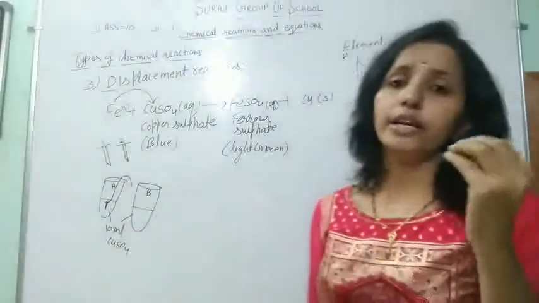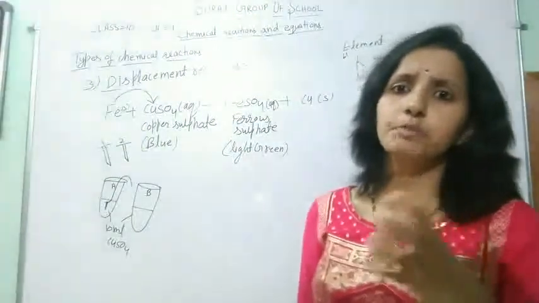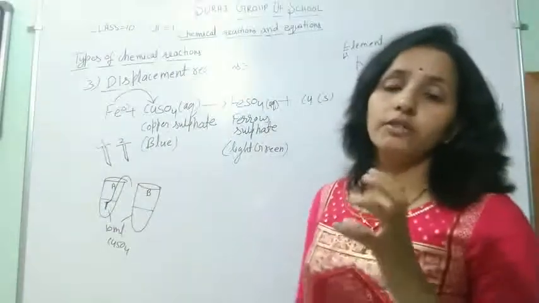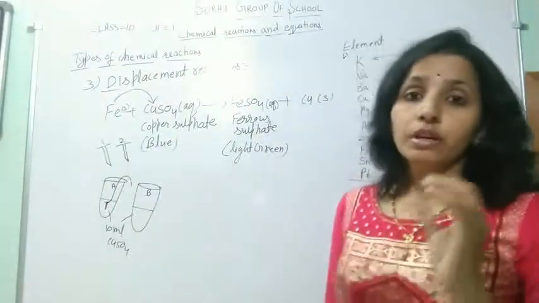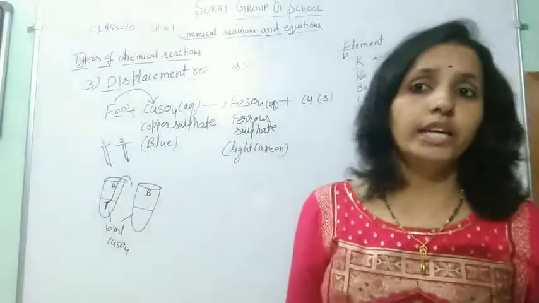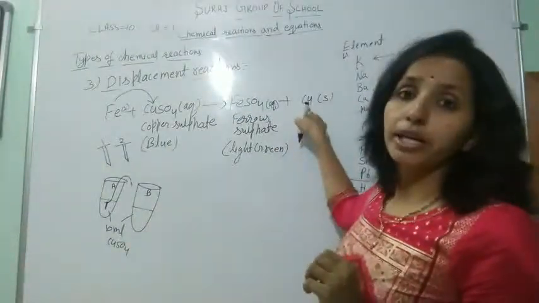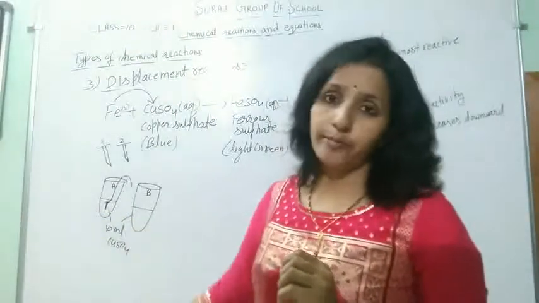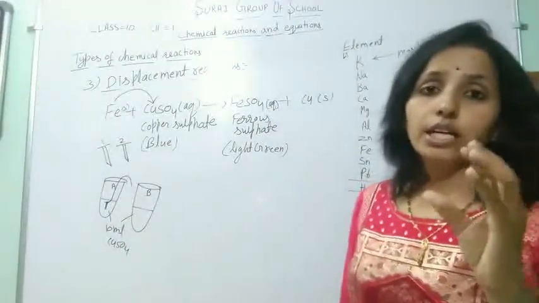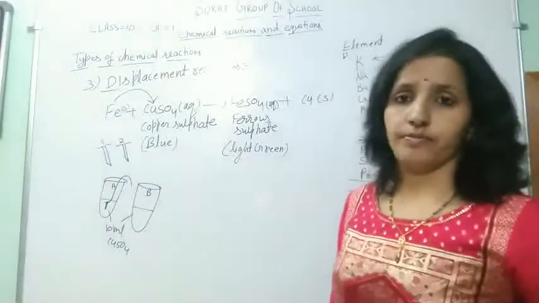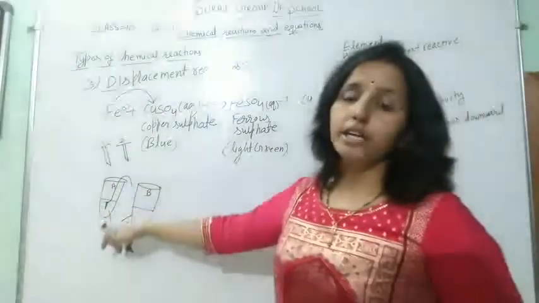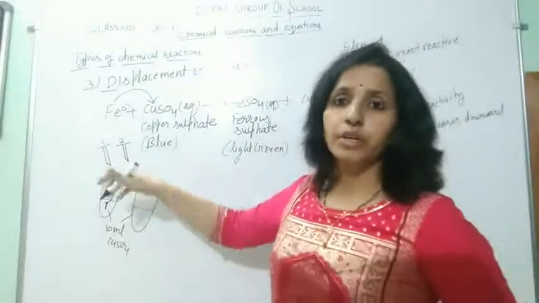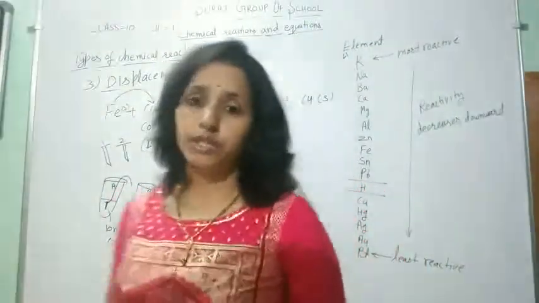The color of the iron nail is converted into reddish brown. From this we can conclude that copper is deposited on the iron nail which is placed in test tube A. That's why the color of the iron nail changes. We can compare the iron nail which is placed in test tube A with the iron nail 2. The difference can easily be seen.